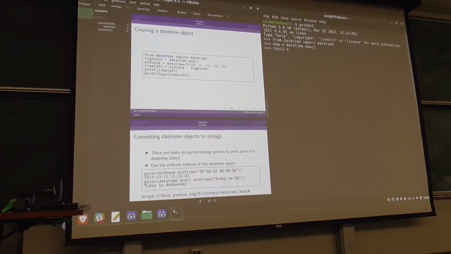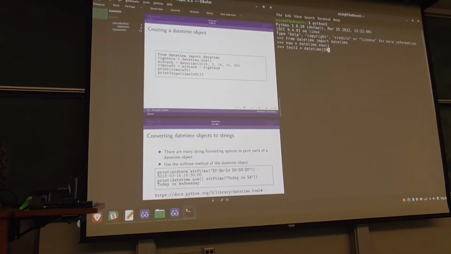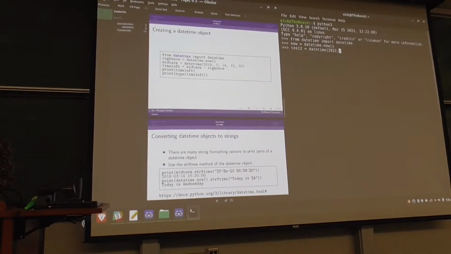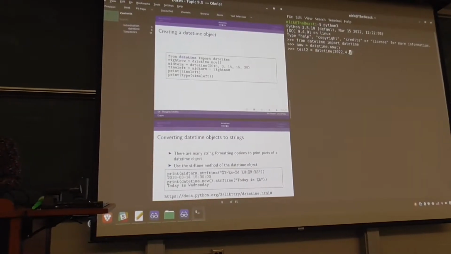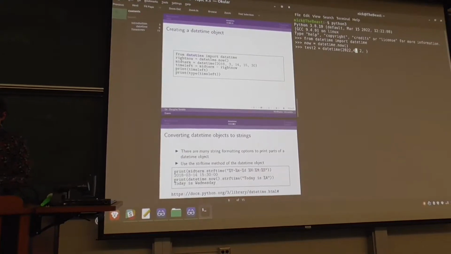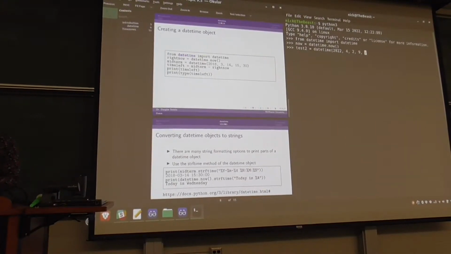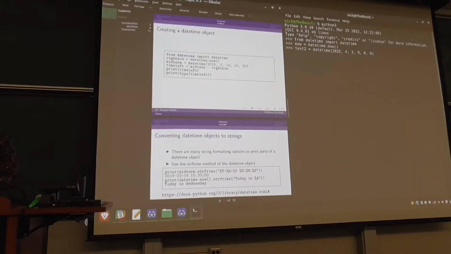Test2 is equal to datetime(2022, 4th month, 2nd day, 9th hour, 0th minute, 0th second).